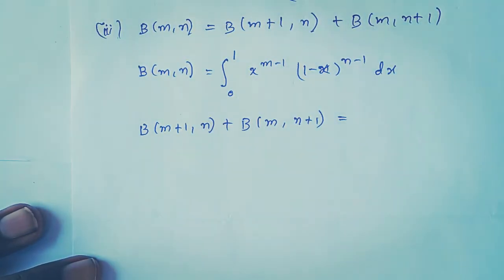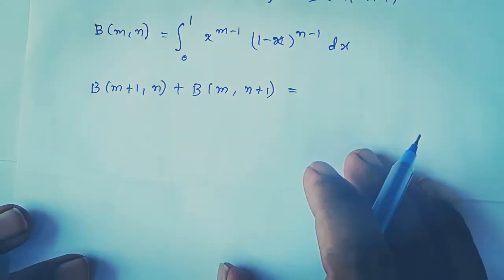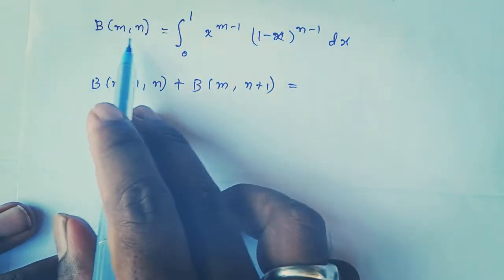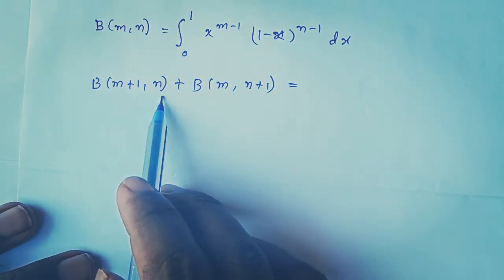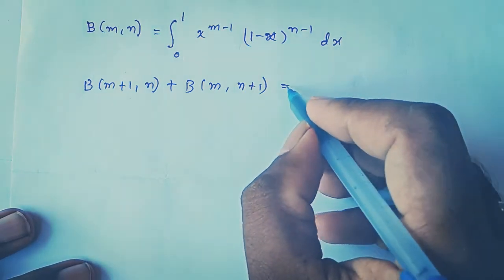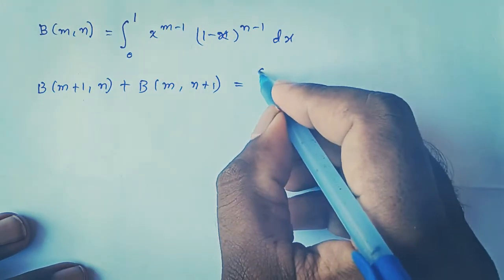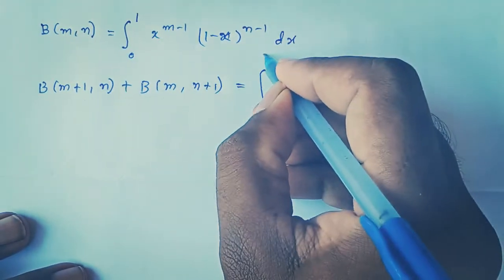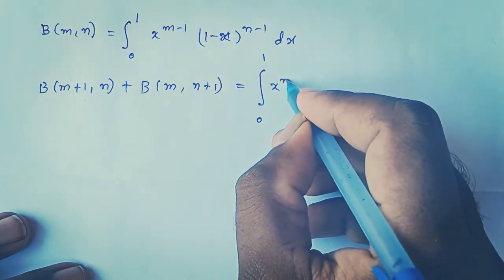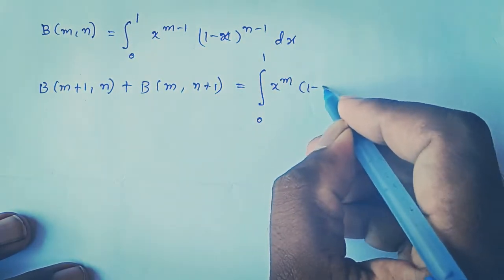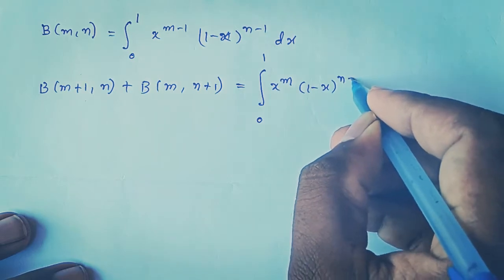Now as per the definition, we have B(m+1,n) = integral with the limits 0 to 1 of x^m (1-x)^(n-1)